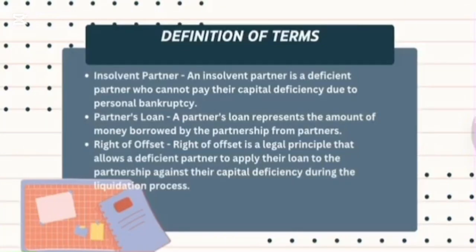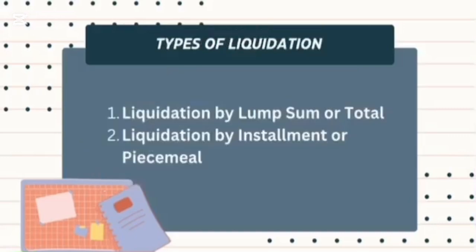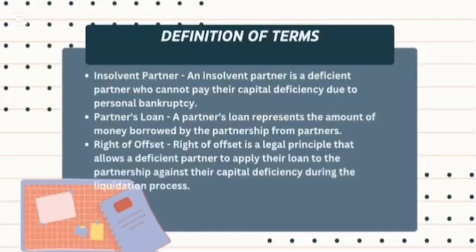To illustrate, for example, Mr. Zards Remodio develops a capital deficiency of 5,000 after receiving his share of the realization loss. However, he has extended a loan to the partnership of 7,000. Even if Mr. Remodio is solvent and can pay his capital deficiency of 5,000, he can exercise the right of offset by applying his loan against his capital deficiency to the partnership. Thus, his loan account will have a balance of 2,000 after his offset.